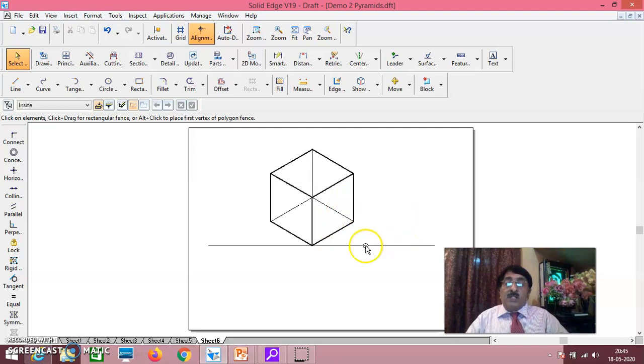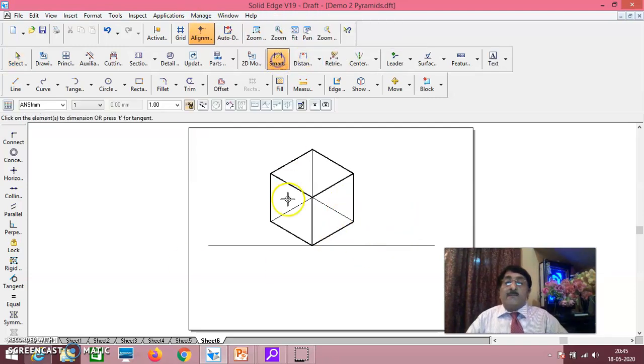Now you understand this. If you go for the dimensioning, this is 30 degree, this is also 30 degree. Hope you know. Now top surface, left surface, right surface, everything is darkened.